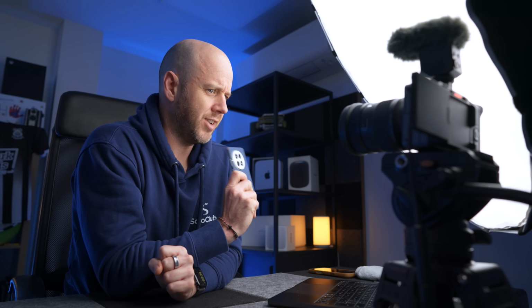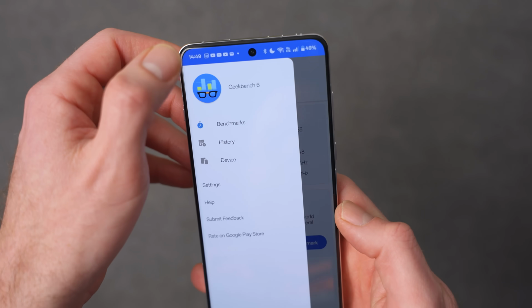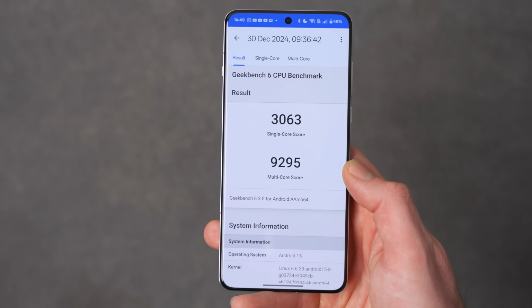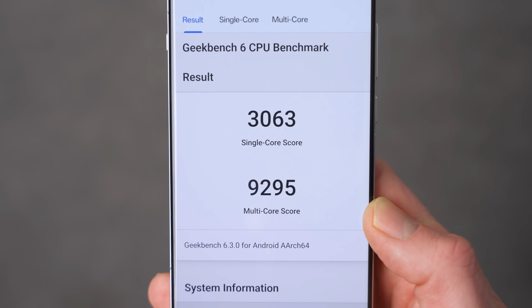Performance. Now this is running the Snapdragon 8 Elite chip, which is the brand new flagship chip from Snapdragon, obviously, and I thought, let's run a Geekbench test on it. I don't normally do benchmarks of any kind. If you've just found this channel, I'm not interested in benchmarks, but because this is the new Snapdragon, I thought let's give it a chance and see what it can do. So I ran Geekbench and it scored 3063 in single core and